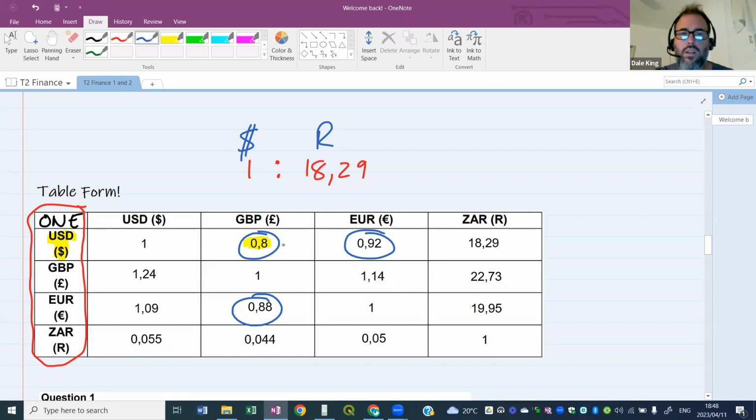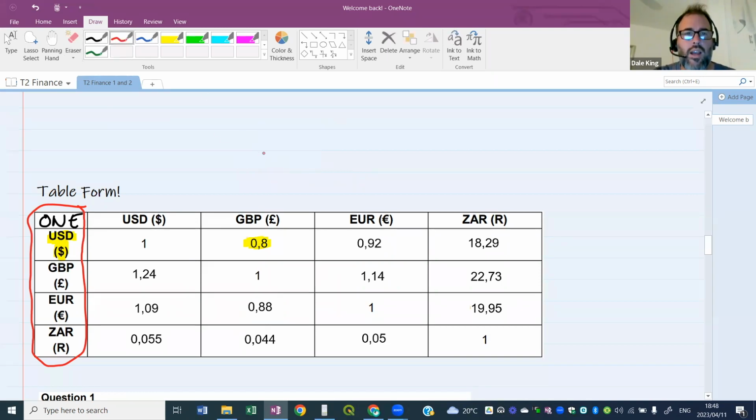Because you don't have to pull out a whole number to buy one of these ones on the left here. So you've got to think very carefully about how the ratio is expressed, and then you'll understand which currency is stronger. Think about it like this: I have one of the one currency, and how much do I need to buy that other currency? Well, if you've got 0.5, you don't need much. You need 50 cents to buy one of those currencies. If you need 6, you need to get 6 of yours to buy one of theirs. It helps to have the symbols above to make sense of the situation.